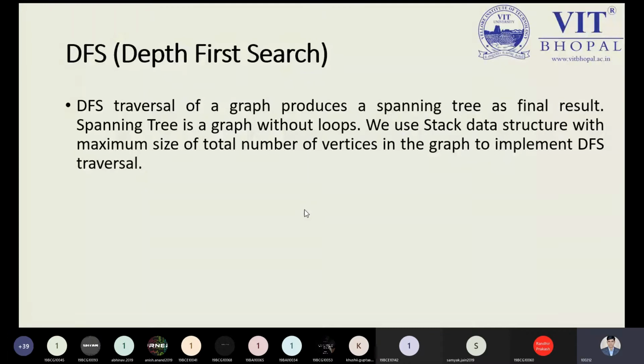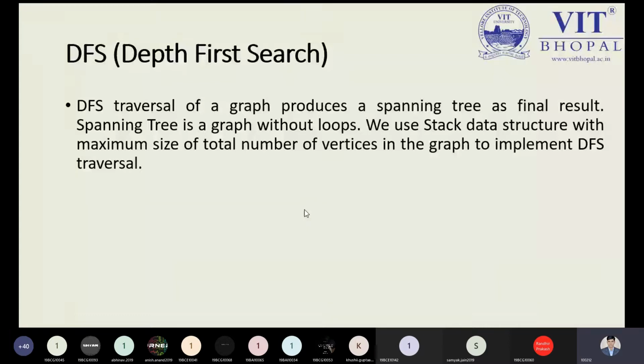With this technique we will use the queue data structure. With the help of the queue data structure, we can traverse all the nodes, all the vertices in our implemented graph. So this is the general idea. A few points you need to keep in mind: any traversal in a graph, either BFS or DFS, must be followed by the spanning tree.